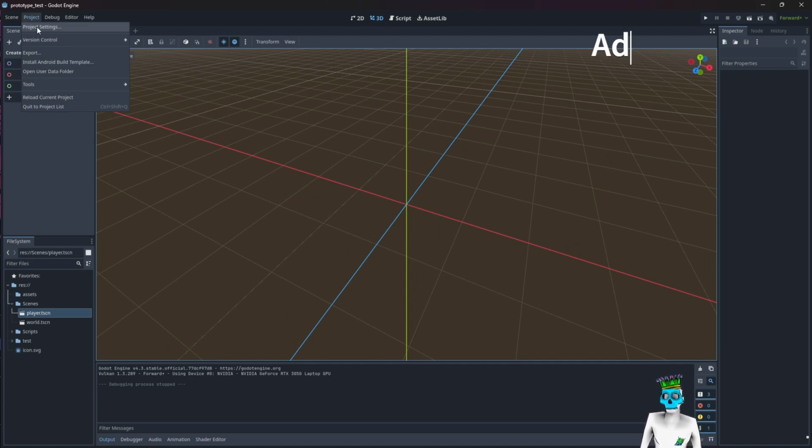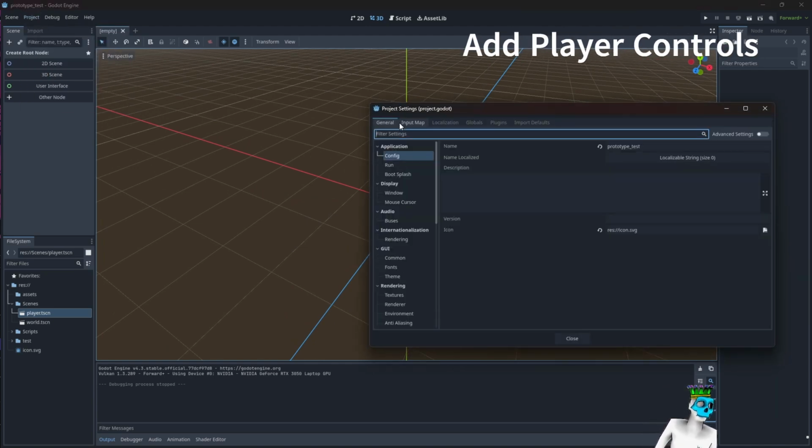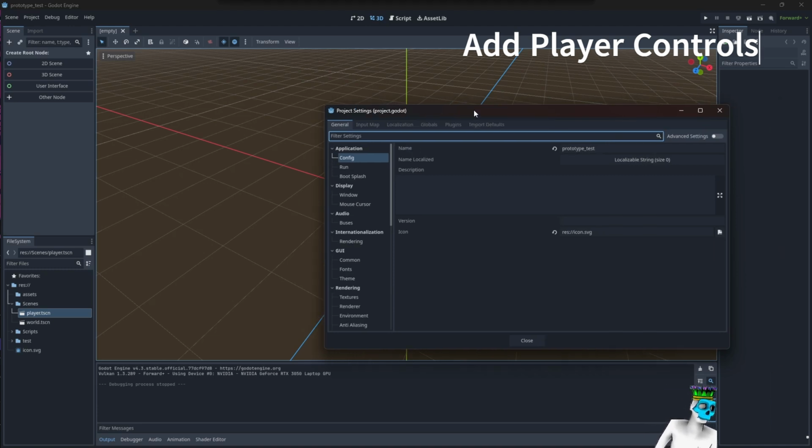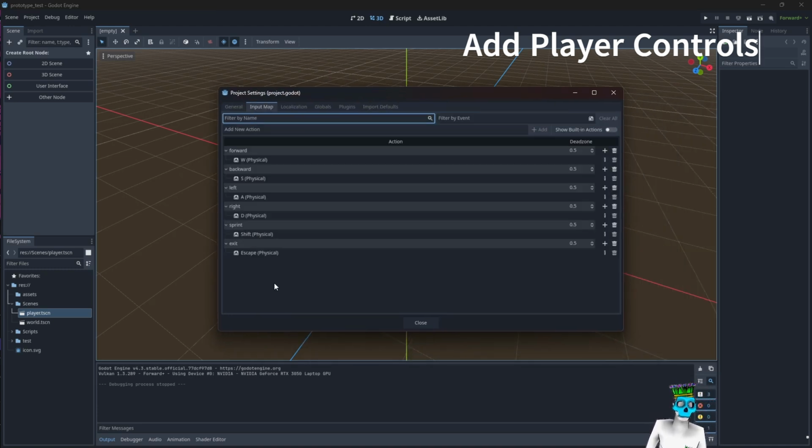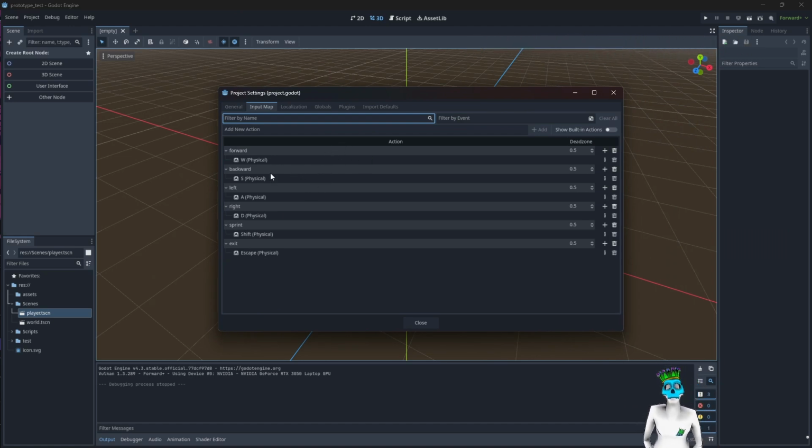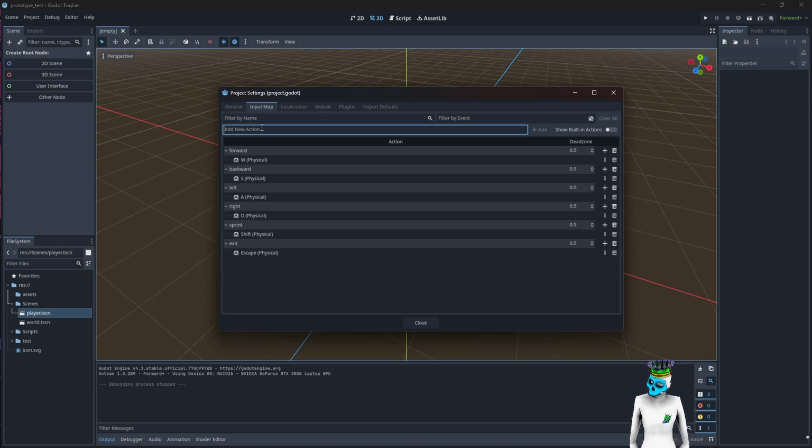Starting with, go to project settings and you will most likely end up in the general section first, then the input map. So there is the input map for the Godot project settings, and here you can see the basic controls that are forward, backward, left, right, sprint, exit. So how are you going to add a key to your liking? So let's add a key. We call it key. So this add key will act as a variable for which we can set the key value to